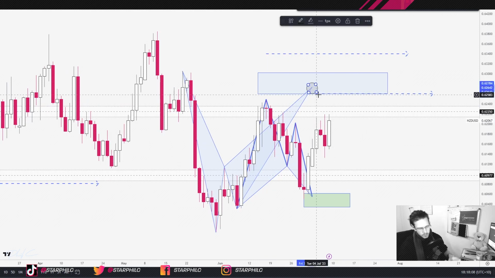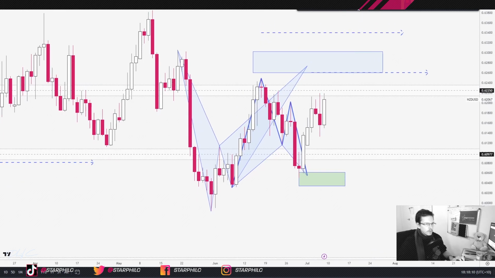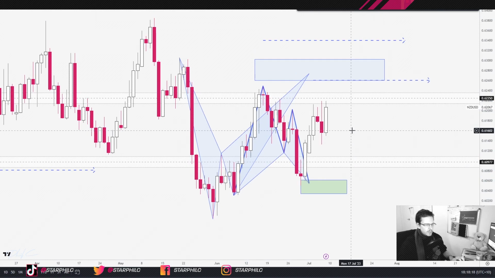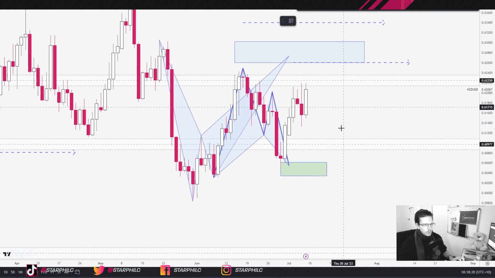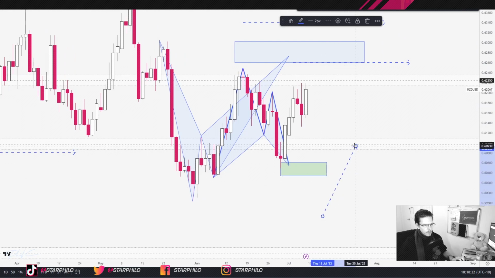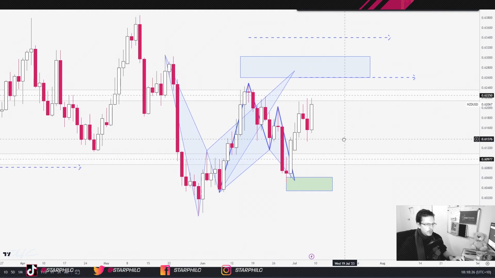So patience. If price action decides to head towards the downside and close below these lows, well then it's more of a patience game as well, because we would have to wait for price action to retrace back up into this level